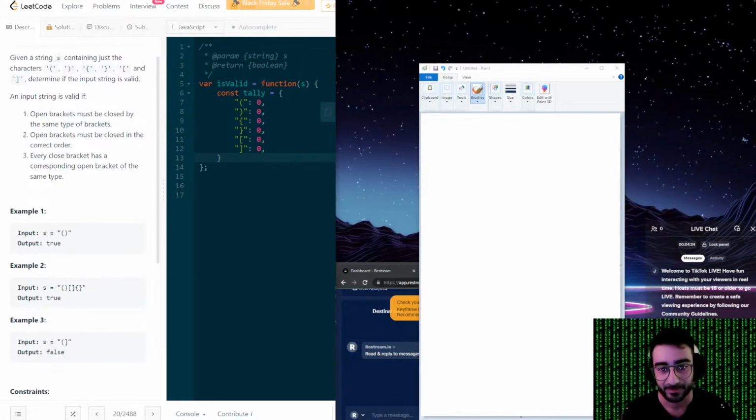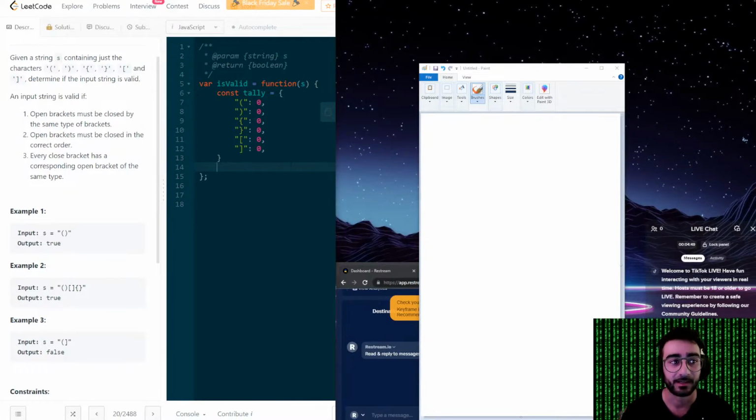All right, so we've got the dictionary of all the types of all the characters that we can see, and now we want to go through each character in the input string and update the tallies that we see. So should be pretty simple. For